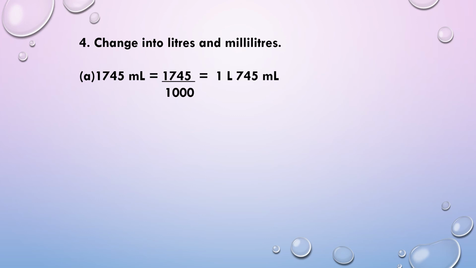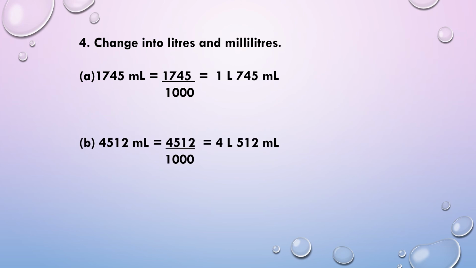Or if you divide also, 1000 ones are 1000. So when you subtract it from 1745, you will get the remainder 745. The remainder part is the smaller unit, and the quotient part, that is 1, which we have got, will be your liters, the bigger unit. Okay. Then B part, children,